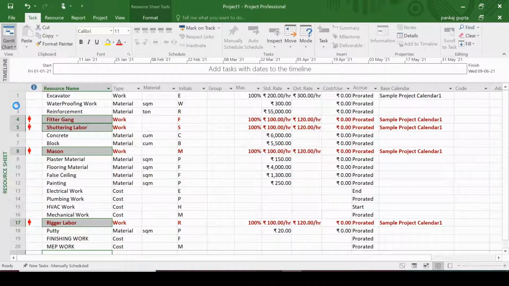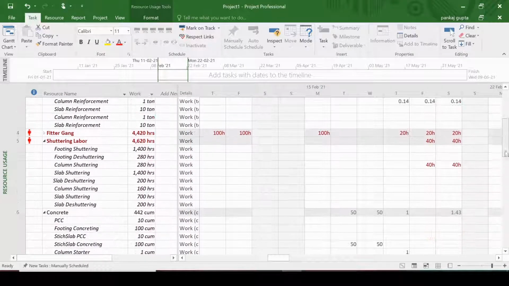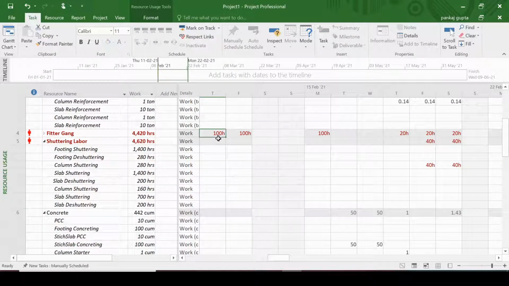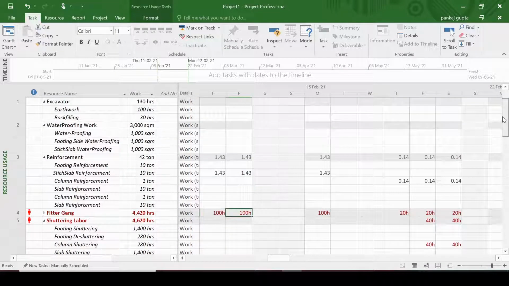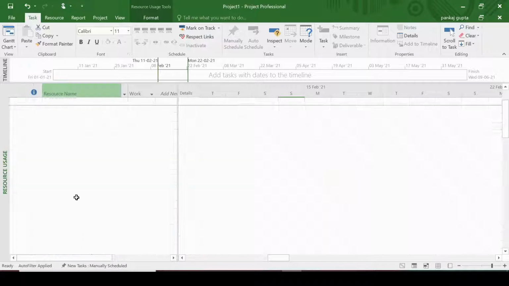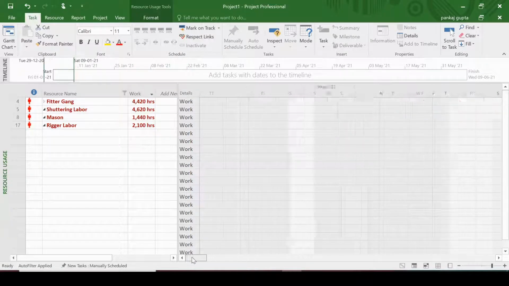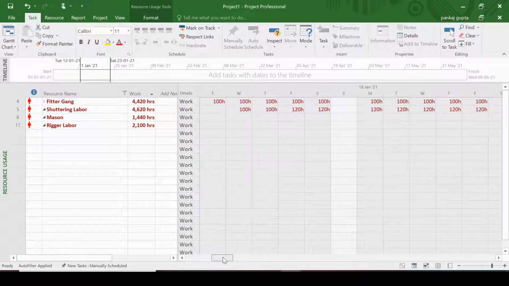Now to understand this overallocation, go to the resource usage sheet. Here you can see a day-wise allocation of any of the resources in terms of number of hours. So this red in color means the availability of this number of resources is limited, due to which it is shown overly allocated. Now let us filter all the 4 overly allocated resources. Now these are the 4 red resources which need to be increased or the time frame needs to be increased.